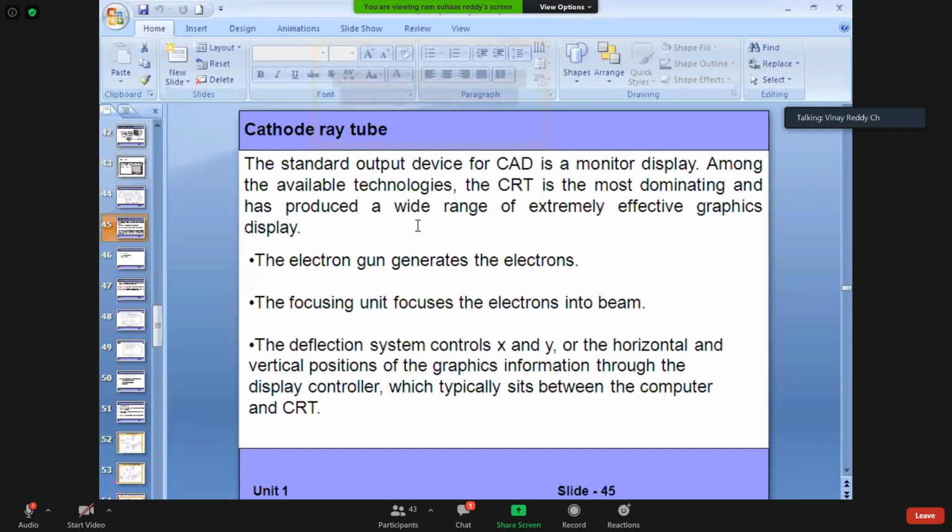The standard output device of a CAD monitor display: among the available technologies, the CRT is the most dominating and has produced a wide range of extremely effective graphics displays. Why do we say CRT is the best among available technologies? Over the last 5 years, technology has changed a lot: plasma, LCD, LED, within a short span of time.